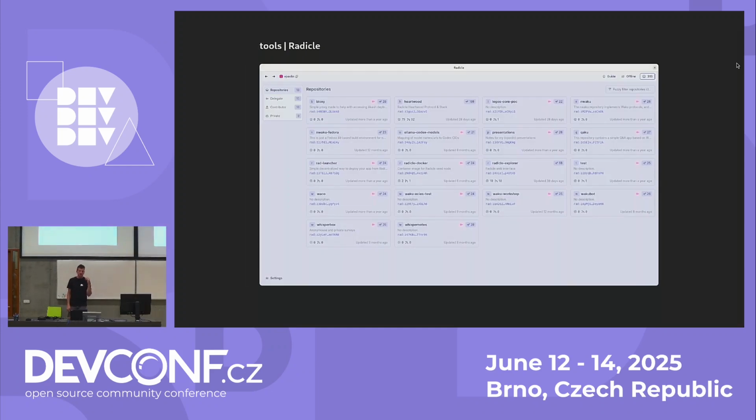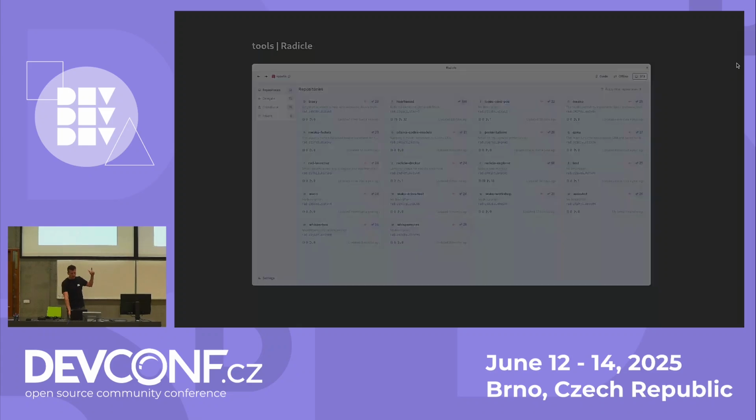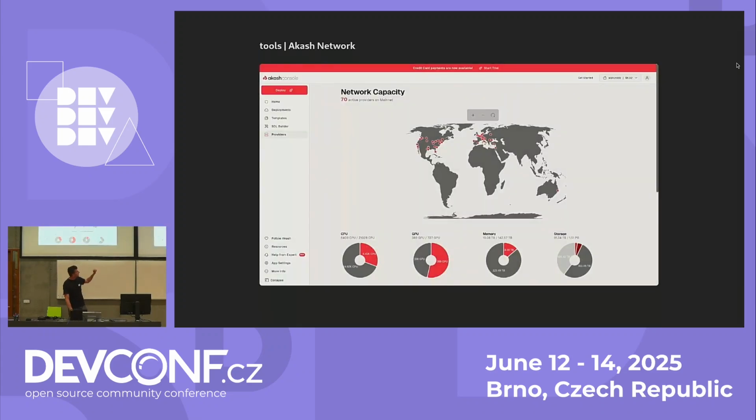So this is the Radicle desktop, the desktop UI for Radicle. I'll show you how it works from the command line and on the web, so that you can see that. This is the Akash console, the kind of overview. So there are 70 active providers. I would say all around the world, but well, not really. There are some missing places.